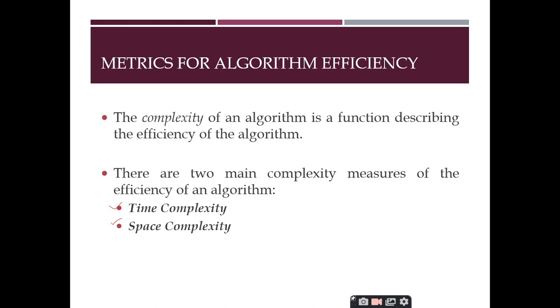So what are these metrics used for? If somebody asks you what are the two metrics for measuring the efficiency of the algorithm, you can blindly say that the two metrics are the time complexity and the space complexity. What is this time complexity and space complexity used for? Anybody please respond. For determining the efficiency, sir. Efficiency of what? Algorithms, sir. So for determining the efficiency of the algorithm, we use these two metrics, the time complexity and space complexity. Now let us discuss what this time complexity is and what this space complexity is.